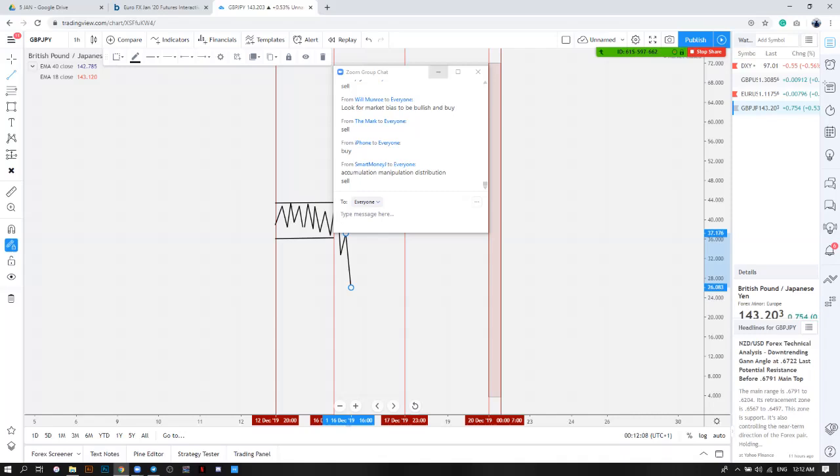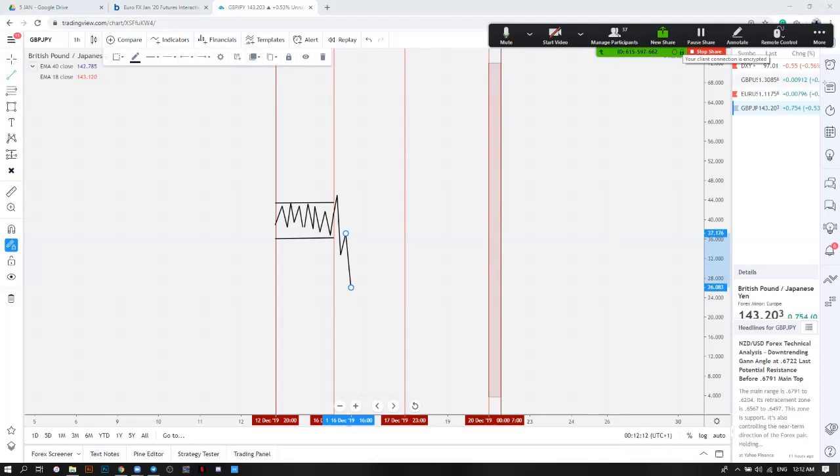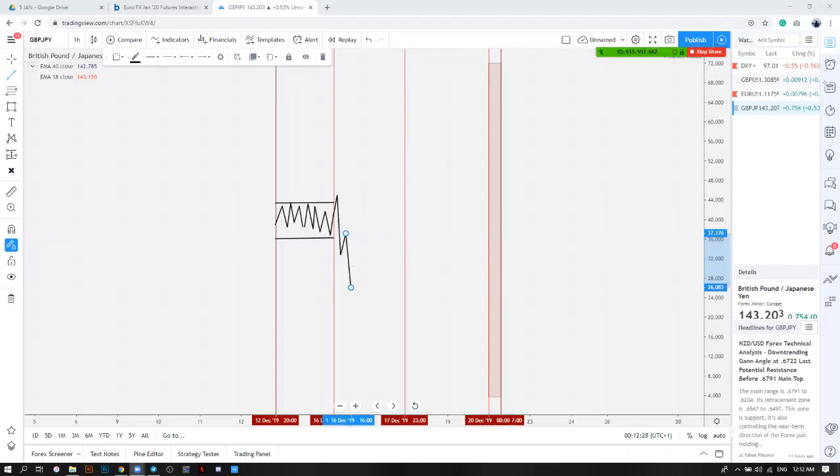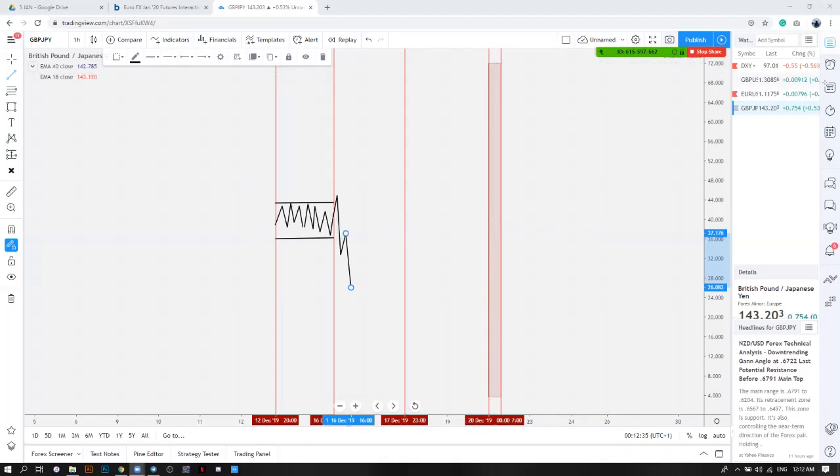So lots of you guys are going to sell because you think the market is going to keep going down. What the market is trying to do is to convince you that you should sell. Because if you're selling, they can then buy from you and move the market up. So they want you to sell. This is why it is called the false move. We call this Judas swing.